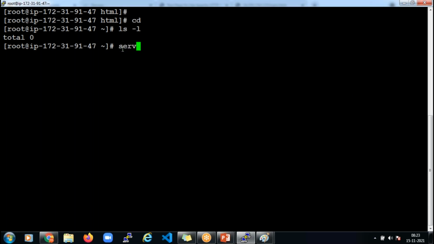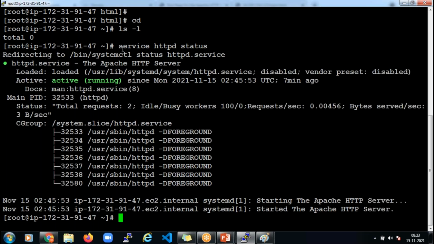Usually guys, I just wanted to give you that service httpd status, it is running, right? If my server gets rebooted for some reason, do you think that this service will be back to running automatically? No, right? So this is the custom application that you installed. You need to tell everything how it has to behave. If you are expecting that this service has to be running automatically after the reboot, you need to enable that